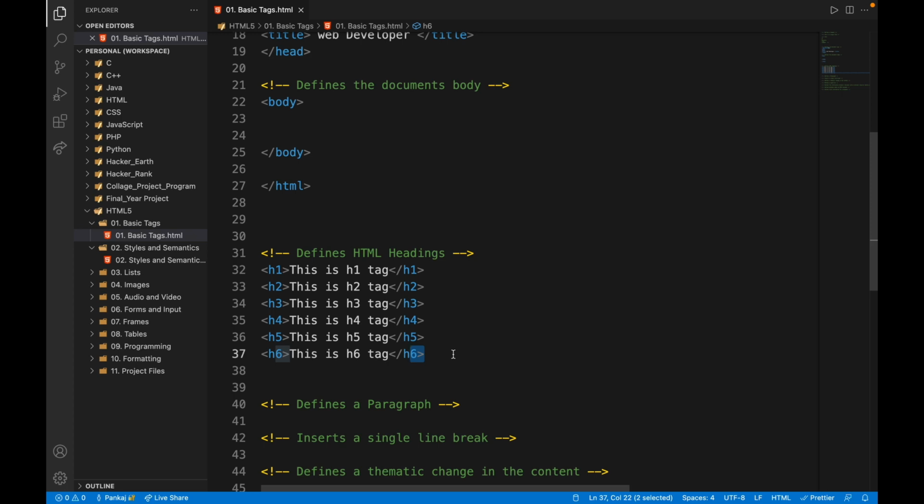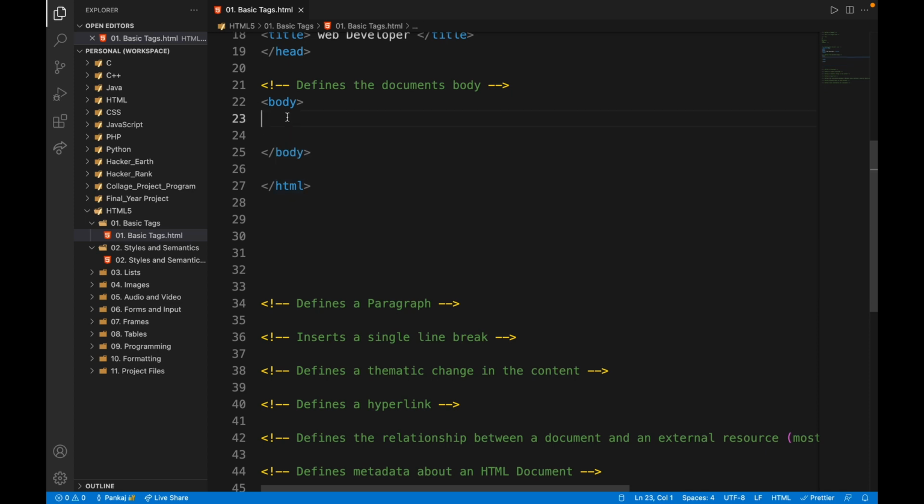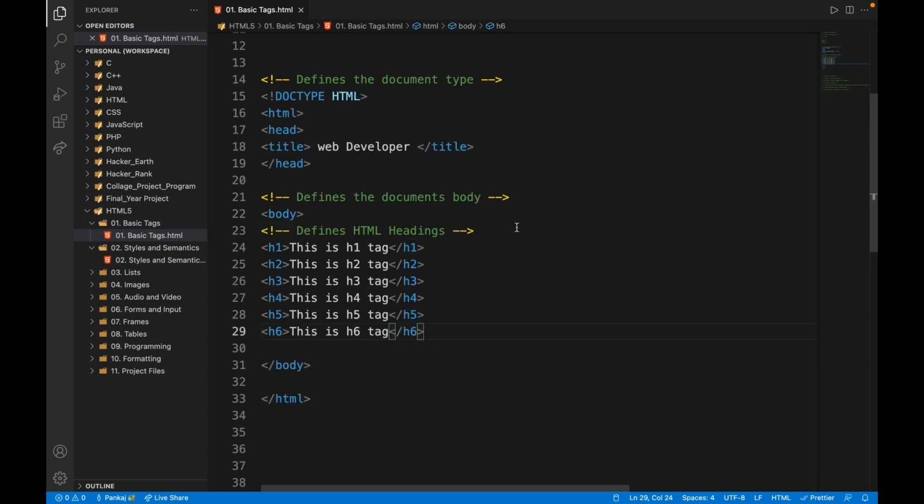So here you can see a common thing, which is that a heading tag comes as a pair, an opening tag and a closing tag, right here. The right way to define your heading tags is inside your body tag right here. As I told you in my previous video, if you want to define anything inside your HTML document, then you have to type or code inside your body tag. The body tag starts from here and ends here.